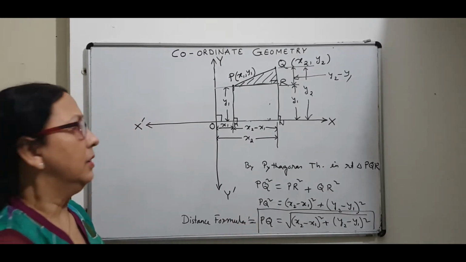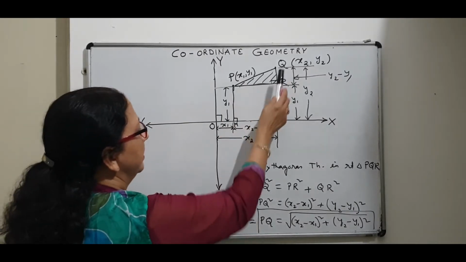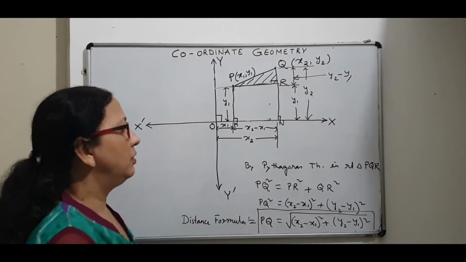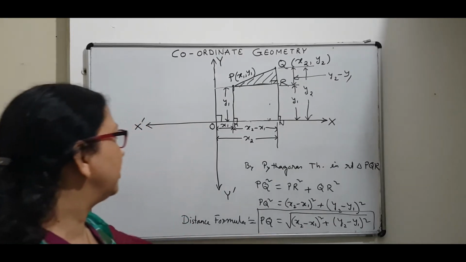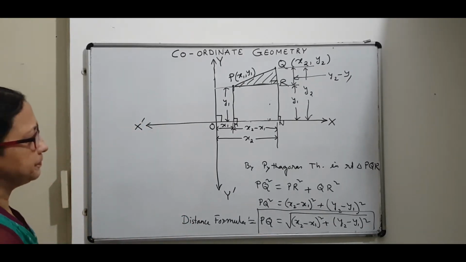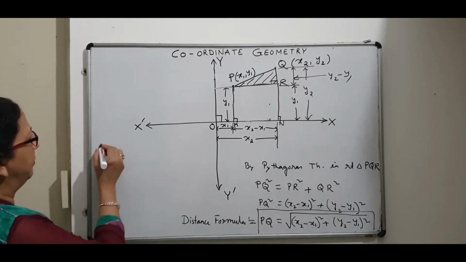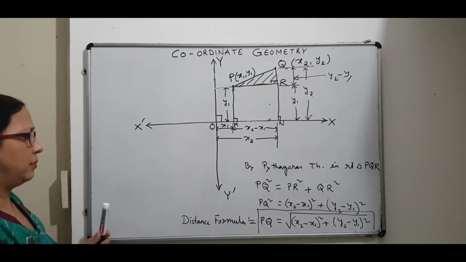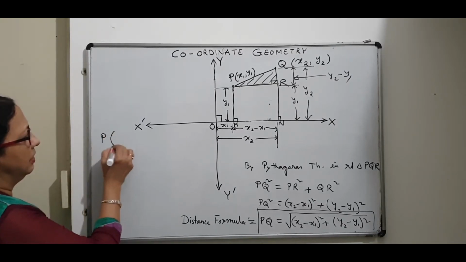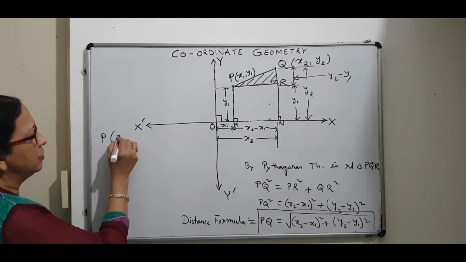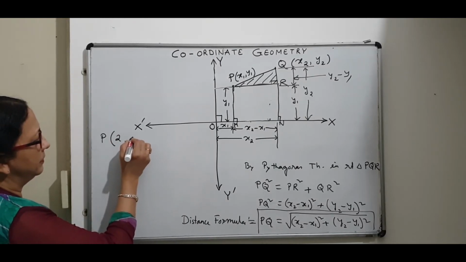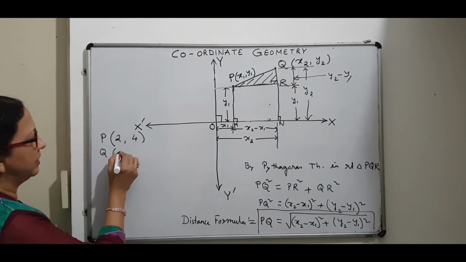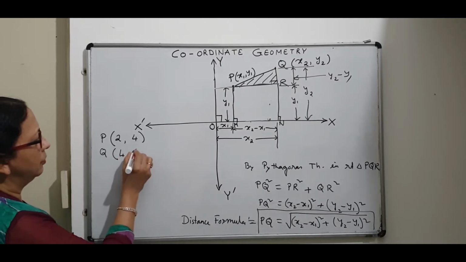That is, if I know the coordinates of 2 points, then with the help of this formula I will be able to find out the distance between the 2 points PQ without even looking at the diagram. So okay, that is sufficient. So for example, let us suppose we have a point, say P, Q, no problem. So P is given to be, say, (2, 4), and another point Q whose coordinate is given to be, say, (4, 1), right?